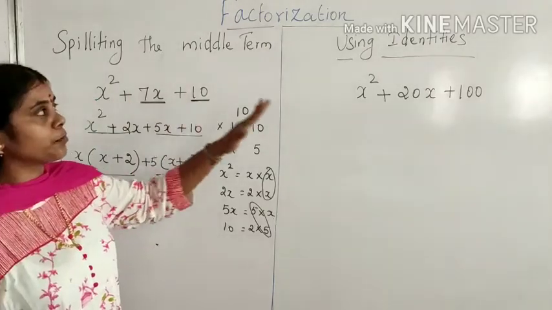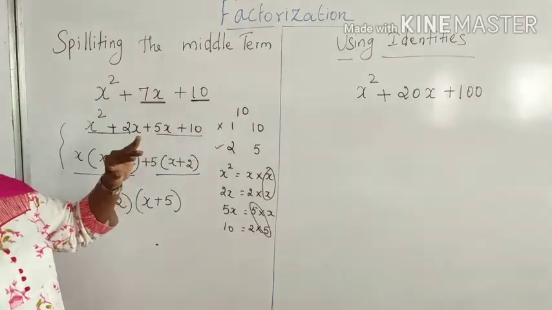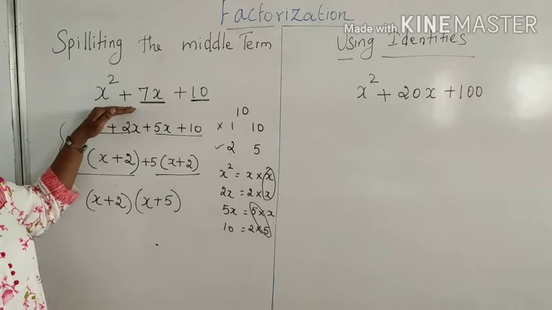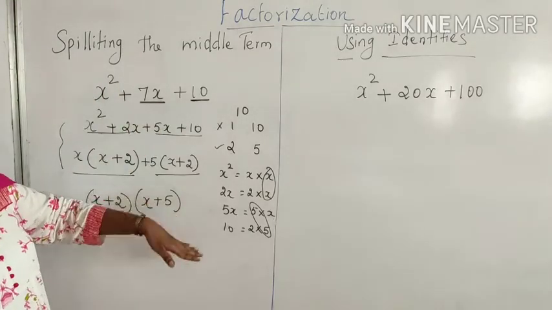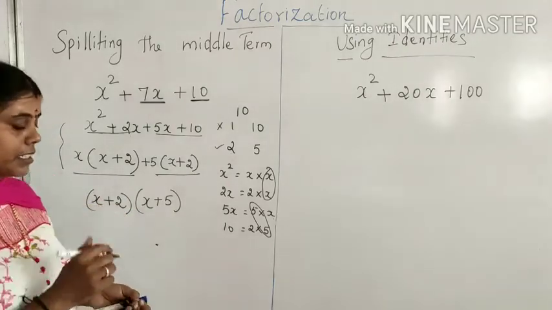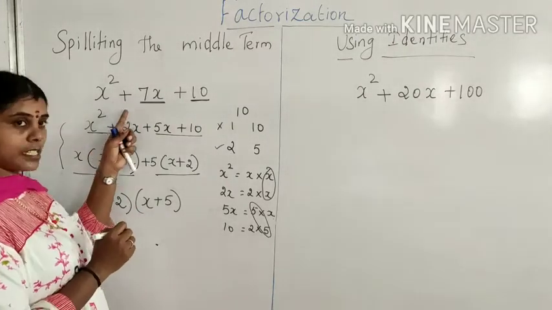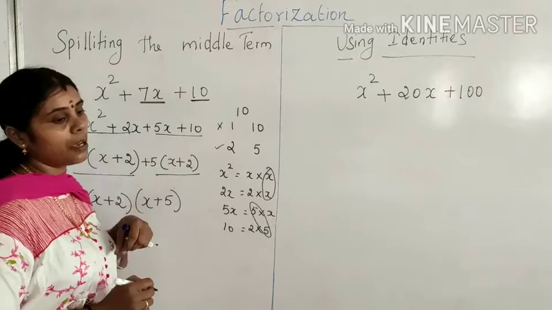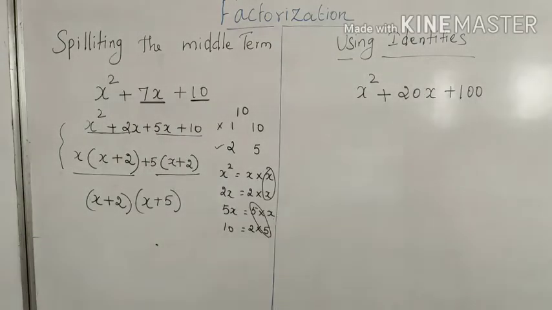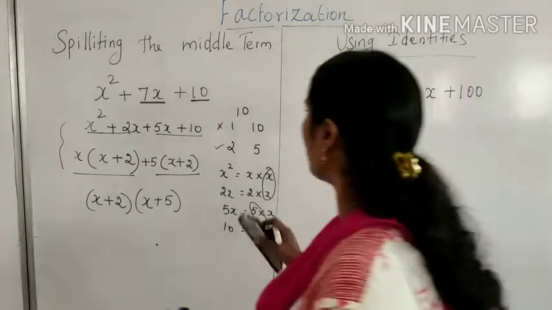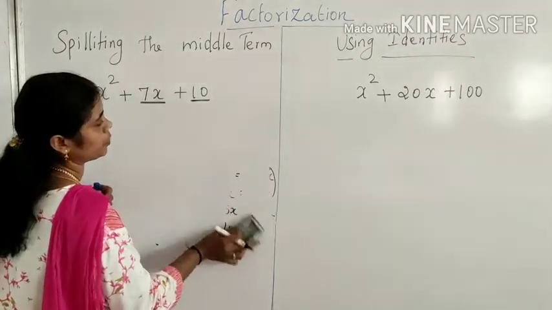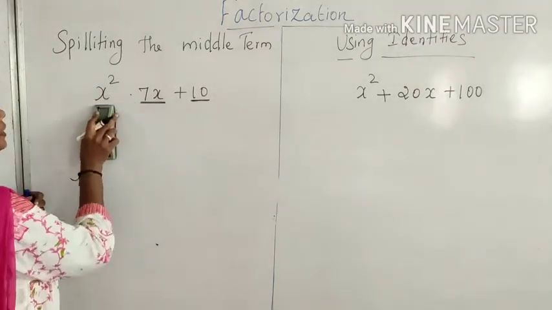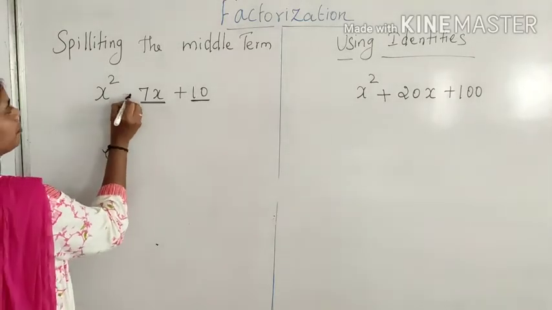Now, another sum using the identities. Before that, we can take one more sum here with a different sign. Suppose all are plus, so we easily solve it. Now I will take another sum which is the same sum, but suppose the sign is minus over here. How can we solve it? What I am going to do, the sign is different: minus.